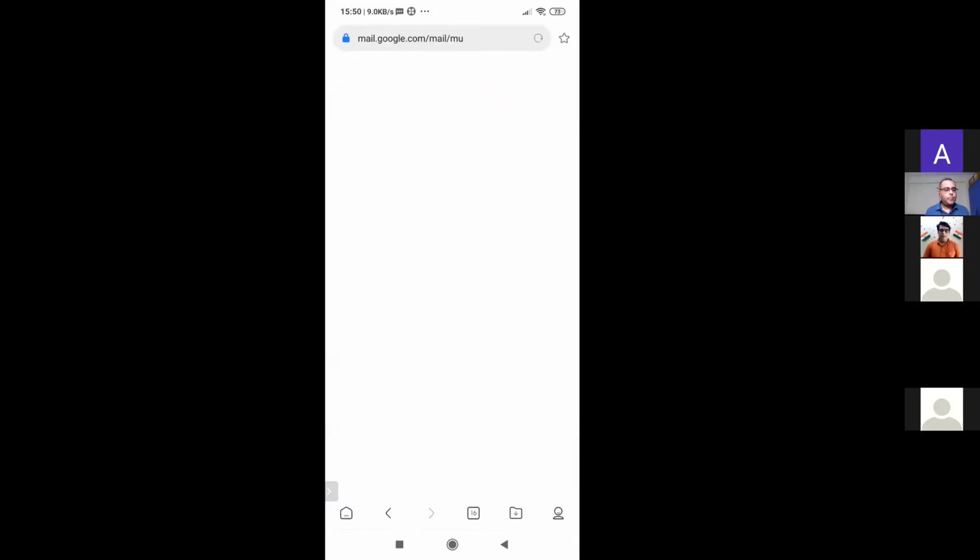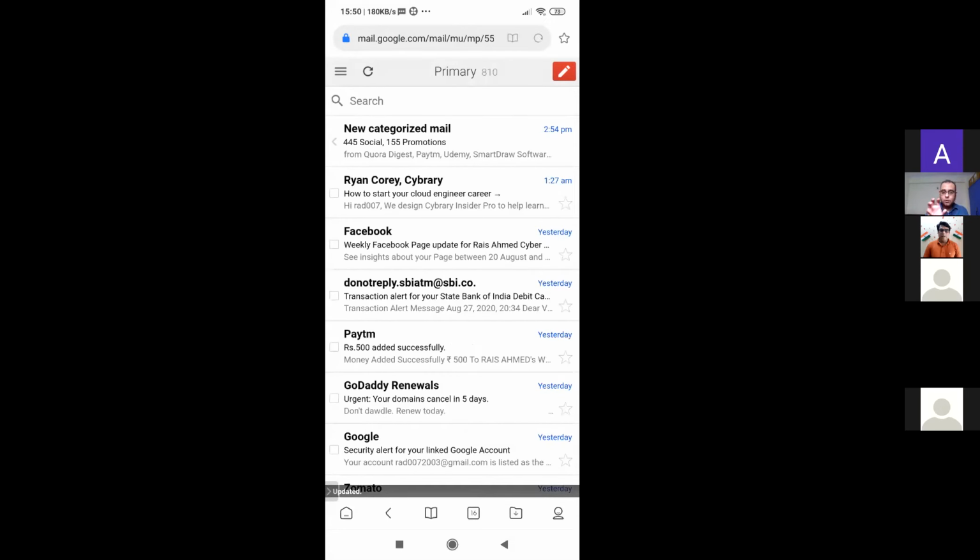Gmail account. Now, since I have opened it many times, in your case it may ask you where you want to open this Gmail. Do you want to open it in the app, or in the browser, the web view? You must select the web version. Do not select the app, otherwise this Gmail will open up in the app, which is already installed in your Android devices.